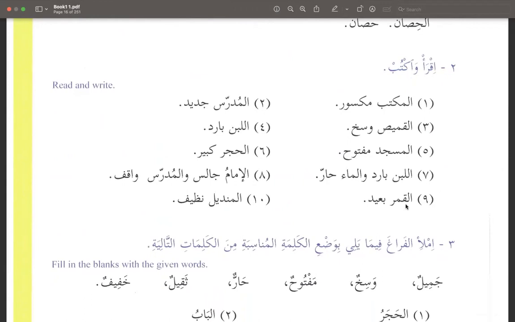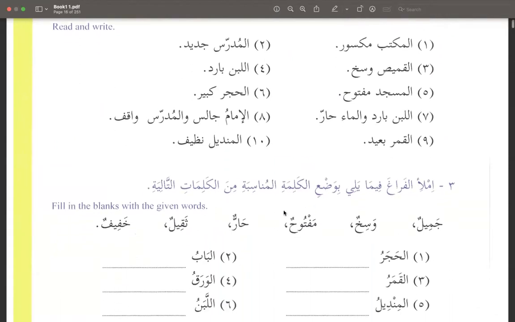So we have 20. One more lesson? Okay. How about you guys? You guys want to do another lesson? Everyone's good with that? Okay. Students online? Another lesson is good. Let's do another lesson, inshallah. All right.